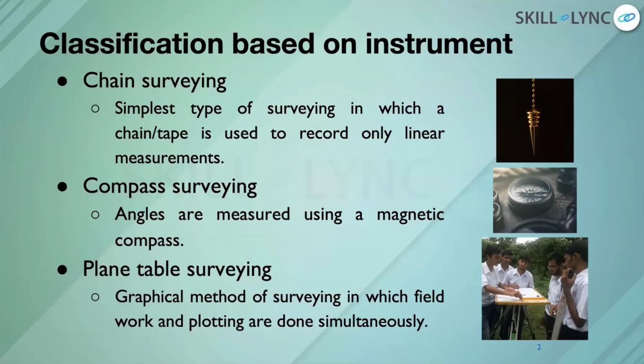You can't measure angles. Now, each chain consists of many links. The chain could be made of steel or iron or brass, any metal, and it generally consists of a number of links. Depending upon the length of each link, the chains are given different names. There are metric chains, there are Gunter's chains. The basic difference is that if each link is generally measured in meters, then it's called a metric chain. If it's measured in feet or inches, then it's called a Gunter's chain.